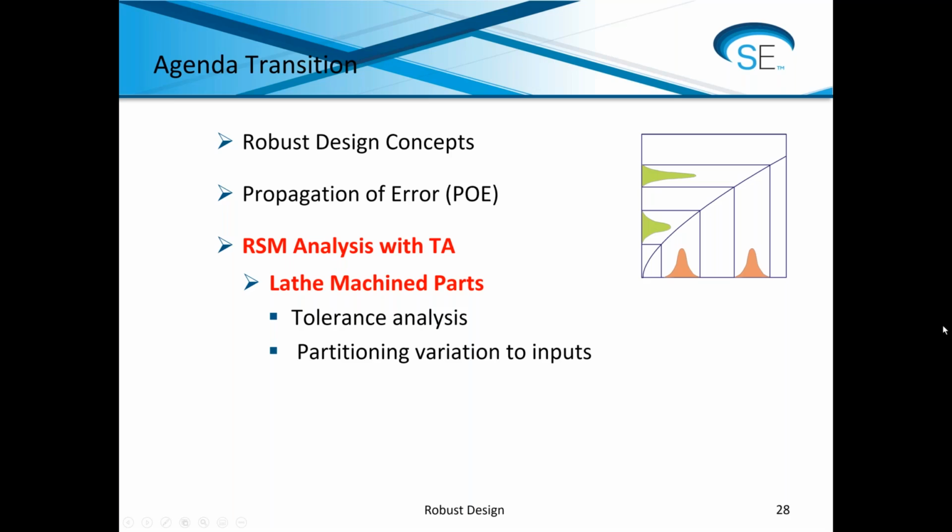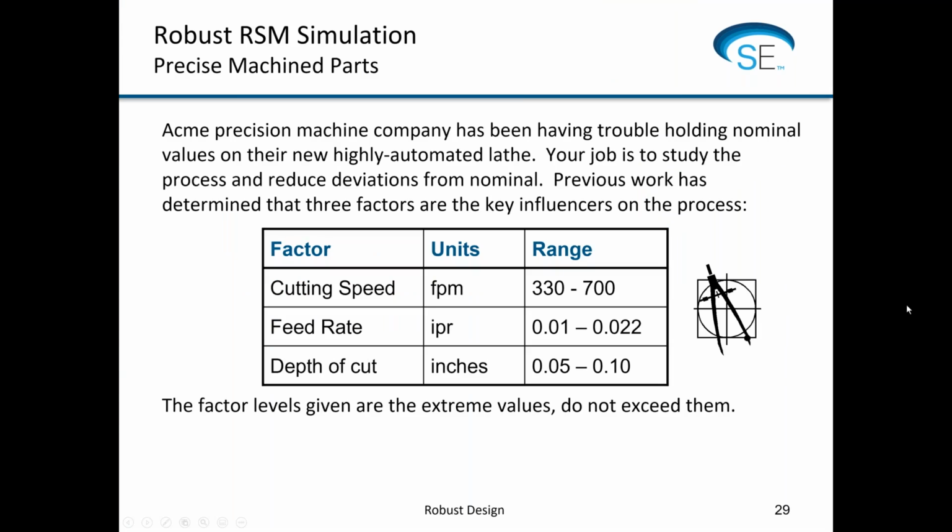Okay, well now let's look at an example of how to put this to use. I took an example from one of our workshops, and we have a company, a precision machining company, that's having trouble holding nominal values on their new highly automated lathe. So your job is to study the process and reduce those variations around the nominal value we're trying to achieve